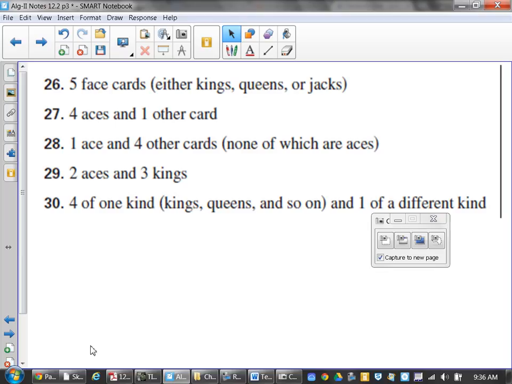4 aces and 1 other card. Now, look at the way this one is worded. Notice what's in between there. It says, and. You have the and thrown in there. So if you're talking about and, you want two separate things to occur. When you have two separate things that want to occur, what do you have to do between those two different events? That's the multiply. So in here,